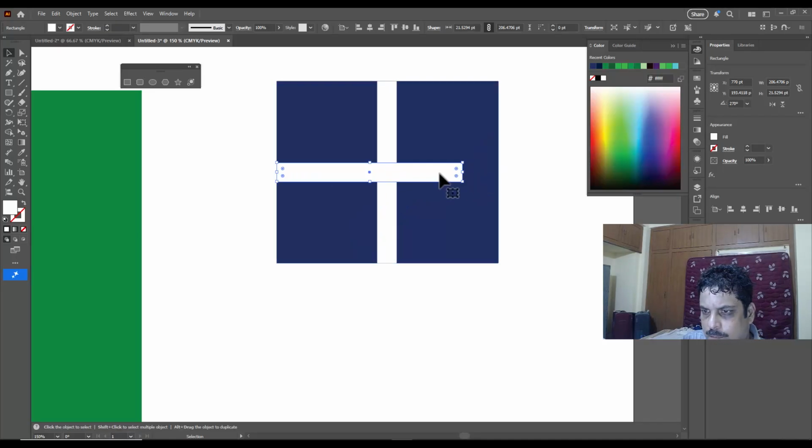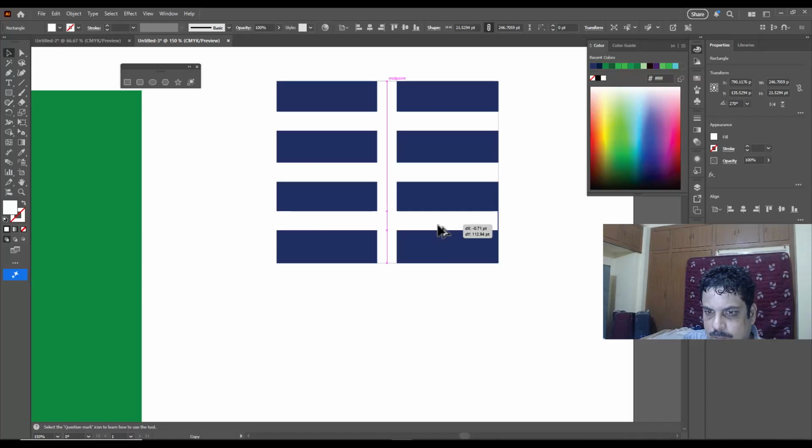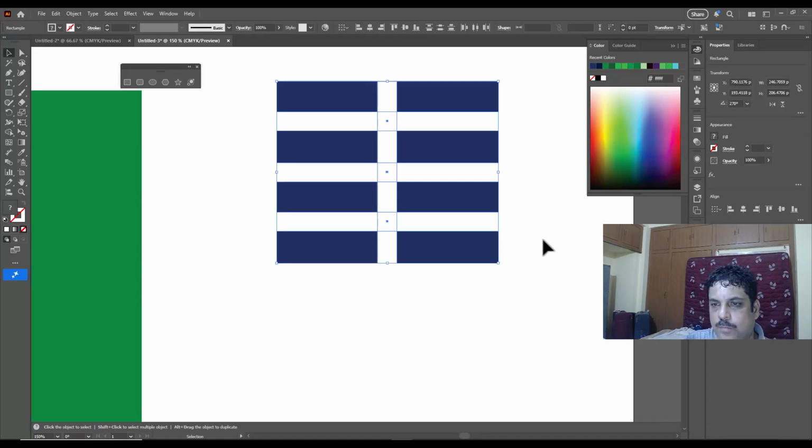So we'll just create simple window bars. That's it. Right, so now we will just select this entire set of objects, and then we